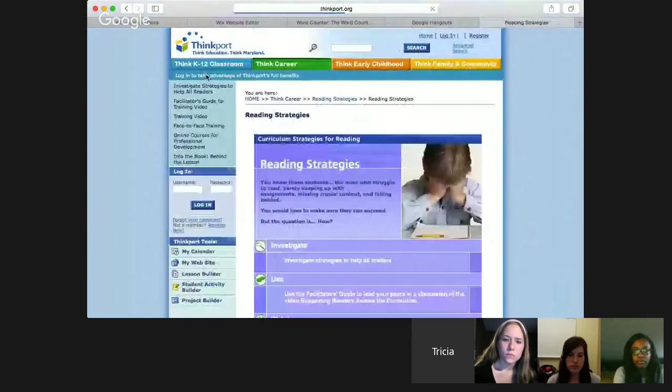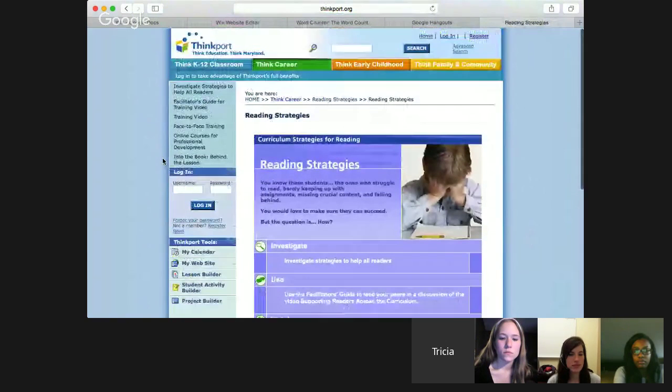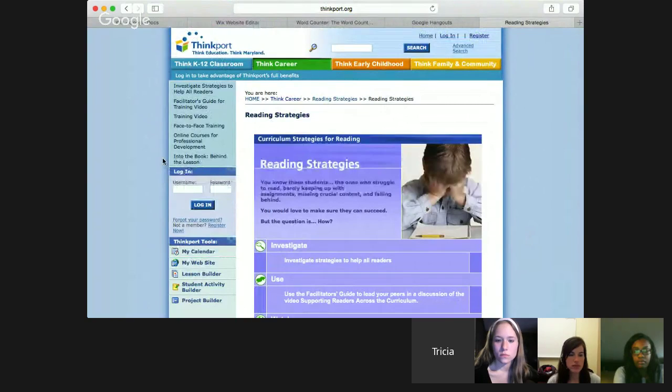If you go to the reading strategies area, this is really helpful because I know that I've personally been able to see in my placement, and I know that a lot of teachers deal with, kids that struggle to read and how to get them motivated to read and to do a little bit better. And there's just a lot of information that can help with this. There's all these other different